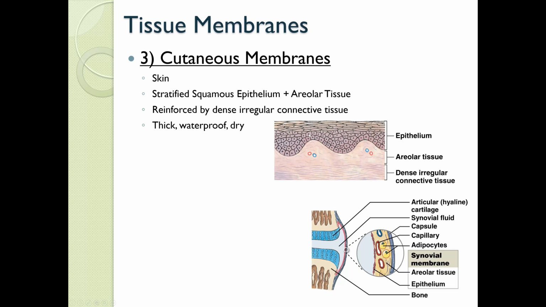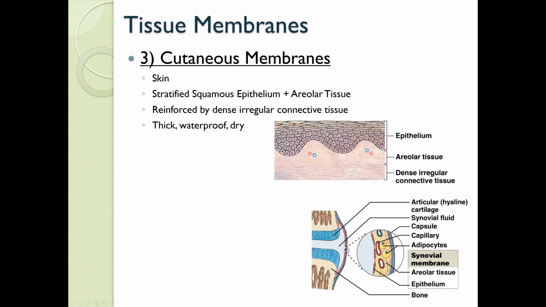stratified squamous epithelium. And again, it sits on top of areolar tissue, but in the case of the cutaneous membrane, we have another layer. We have some dense irregular connective tissue underneath the areolar tissue. So all three of these, the epithelium, the areolar tissue, and the dense irregular connective tissue, make up the cutaneous membrane. And you may have heard the terms epidermis and dermis before when you were learning about skin. The epithelium part is your epidermis, and the areolar tissue plus the dense irregular connective tissue, this part down here,